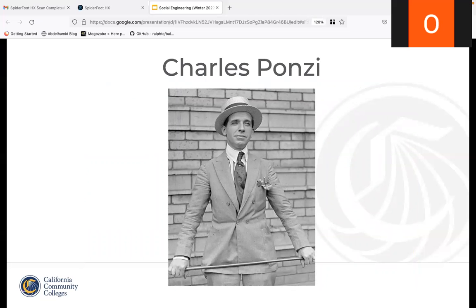All right, so last we have Charles Ponzi. Everyone knows about the Ponzi scheme. This is basically where a popular example of social engineering started. The Ponzi scheme was basically mail fraud with coupons, where people sold them for stamps. What Ponzi did was send money to agents working for him in other countries. They would buy the coupons and send them back home to the United States. He would then exchange the coupons for stamps that were actually worth more than what he originally paid, and he would later go on and sell the stamps at a higher price.